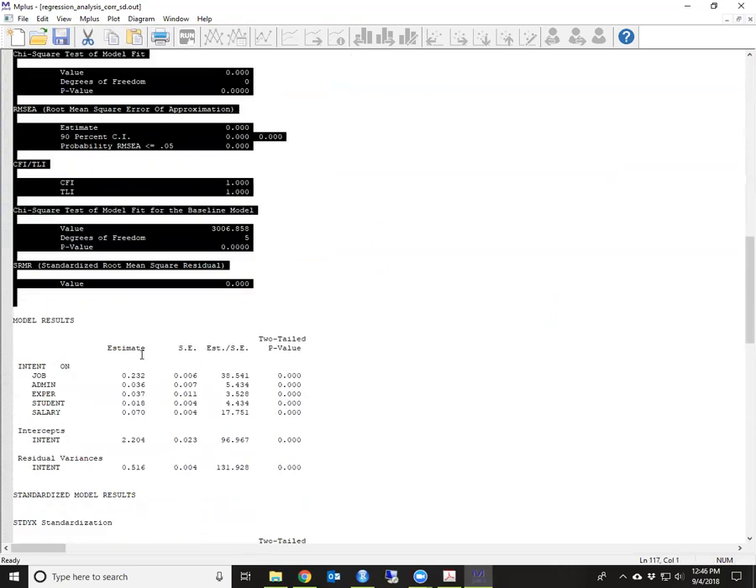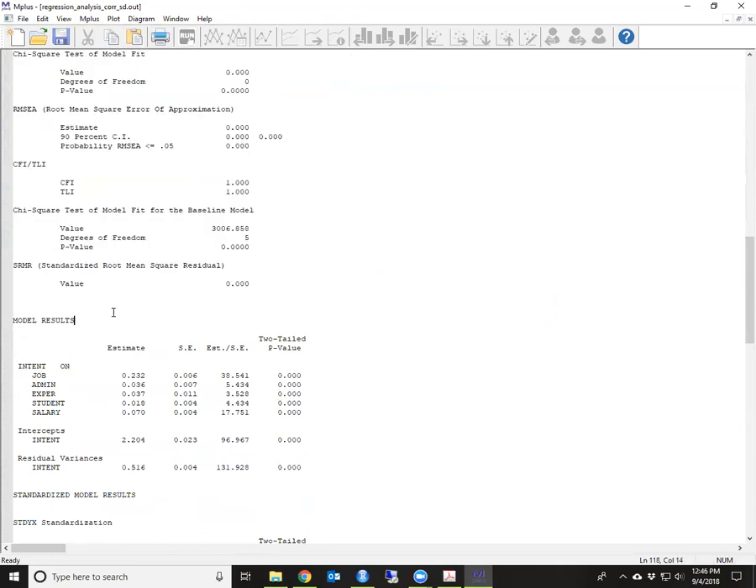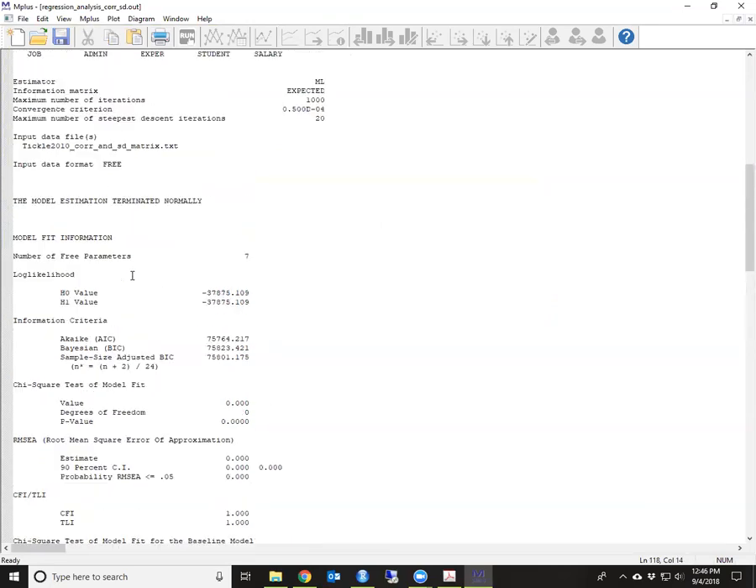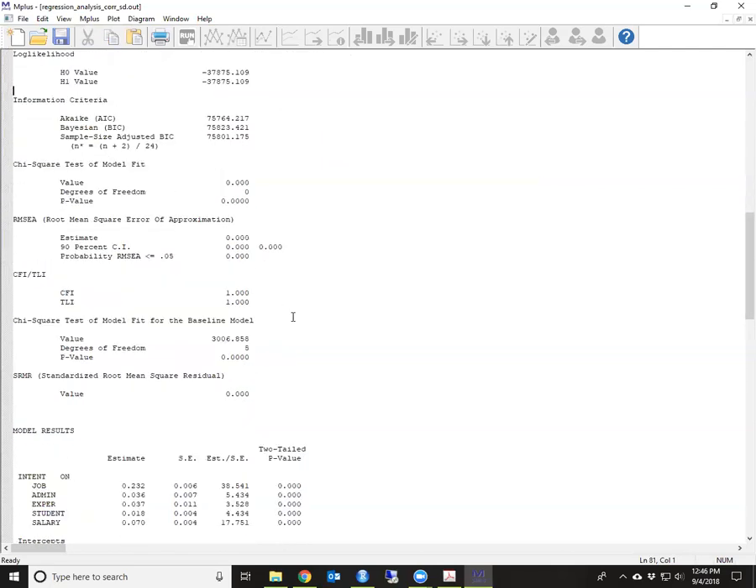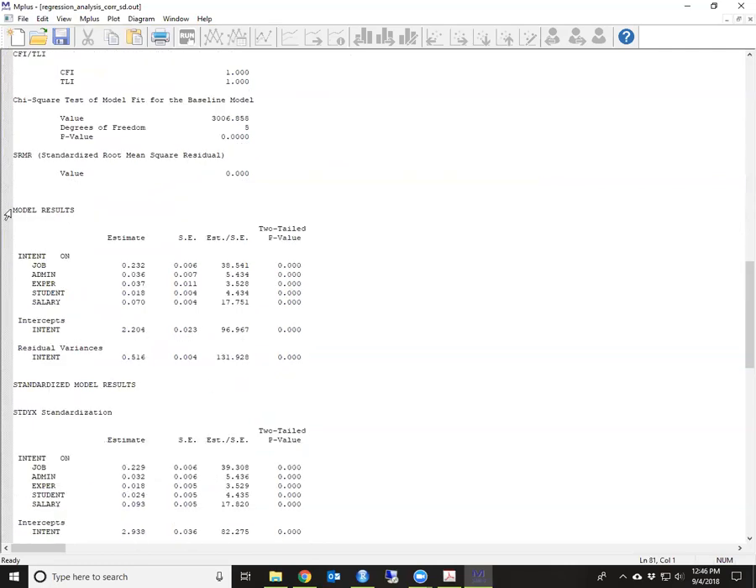And then model results. Now, the message you want to see is that the model estimation terminated normally, meaning that there were no errors. These are the model results. Here you have